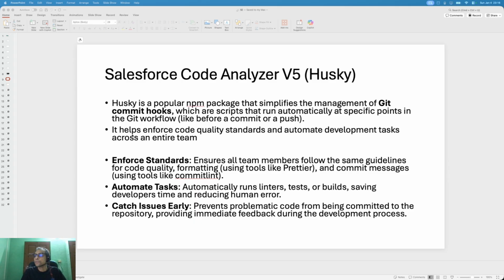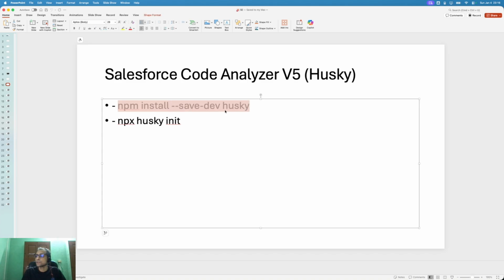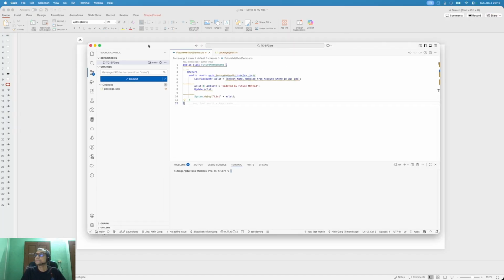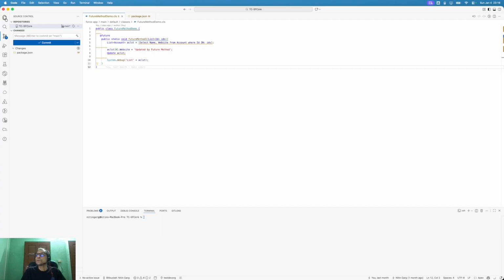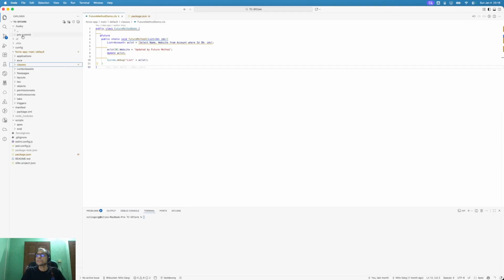So what I need to do for that is install Husky with this command: npm install --save-dev husky, and then in the code repository we should run this command: npx husky init. What will it do? It will create a .husky folder in the code repository, right? So if I come here, once you run these two commands, you will see this .husky folder in your project repository,